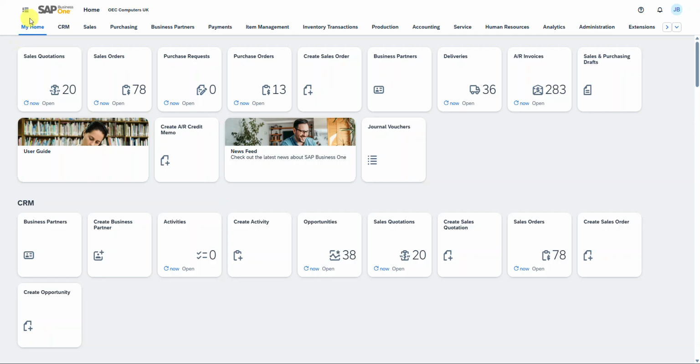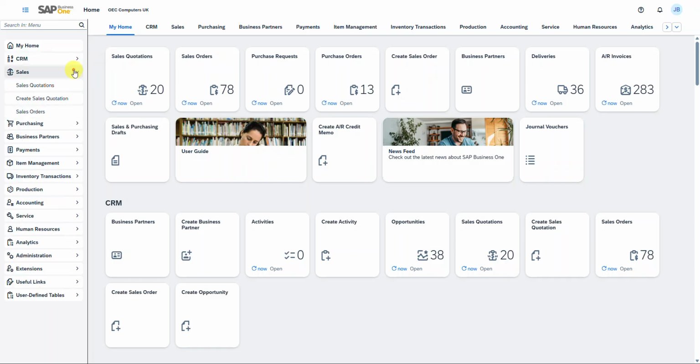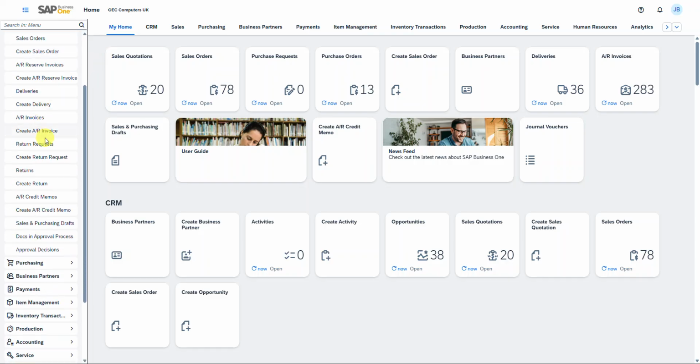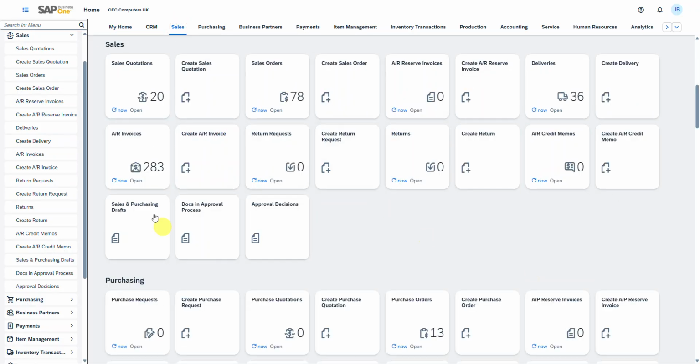All right, so for us to start the sales process, we need to navigate to the modules tab. Then from the modules tab, you can scroll to the sales, or use the module tabs to have access to all the sales